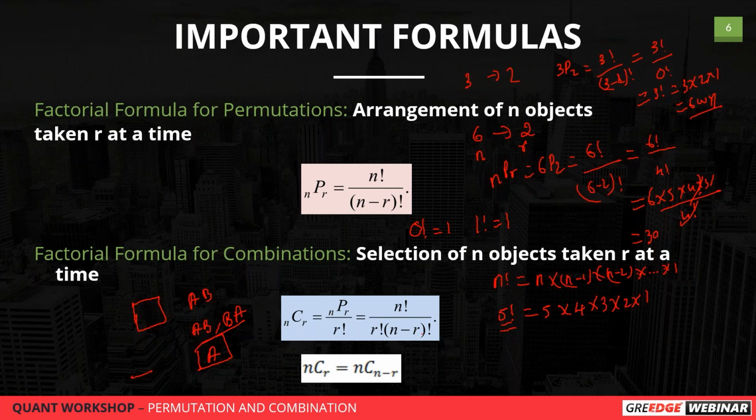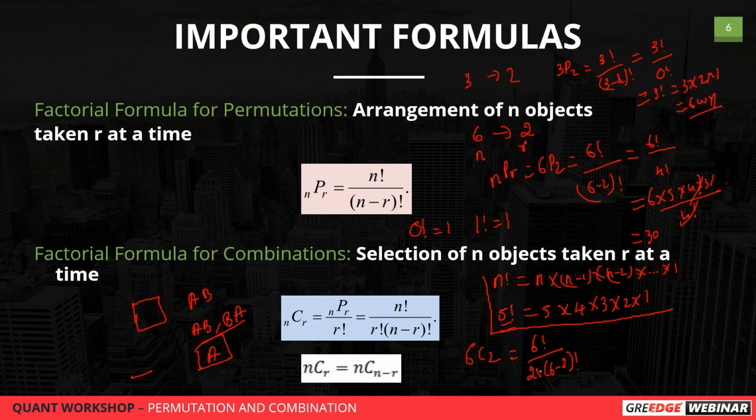Okay. Fine. Similarly, the problem of combination. In the same case, if it is 6 letters and I ask you to choose 2 letters, I'm not going to ask you to arrange, I'm just asking you to choose 2 letters. Then how many ways can this be done? This can be done in 6C2 ways. By the formula, it will be 6 factorial divided by 2 factorial into (6 minus 2) factorial. This is where we can simplify.